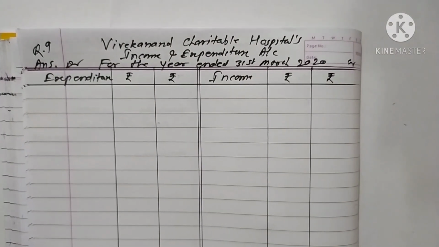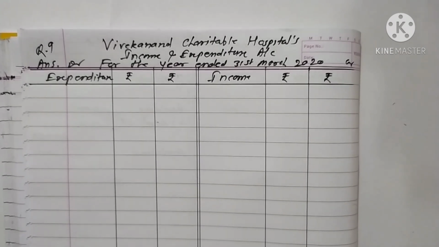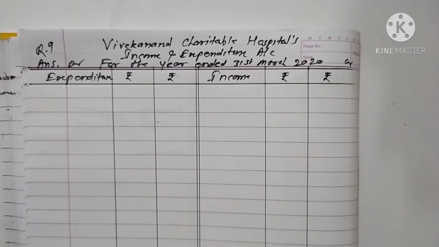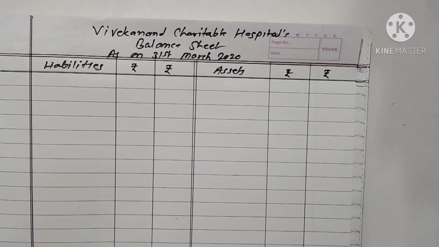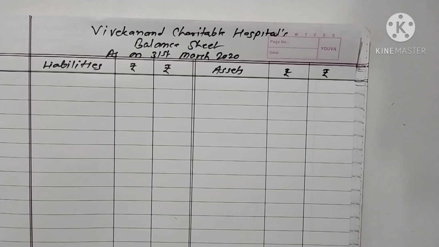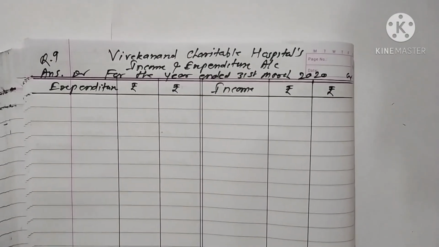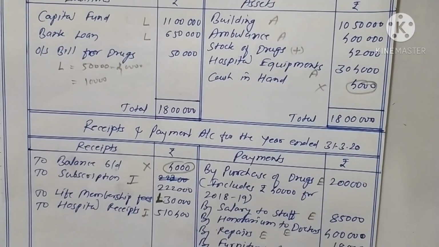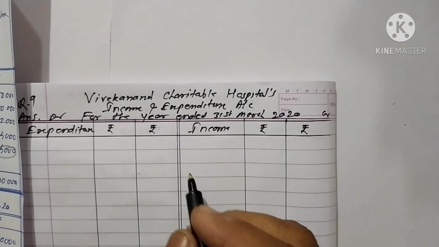Now we go to the answer sheet. The answer sheet is like this. Vivekanand Charitable Hospital income and expenditure account for the year ended 31st March 2020: expenditure rupees, income rupees. Part B is the balance sheet as on 31st March 2020: liabilities rupees, assets rupees. First we try to complete the income and expenditure account, starting with the income side. We have to find out the incomes only. Here subscription is an income. We write on the first line, by subscription,